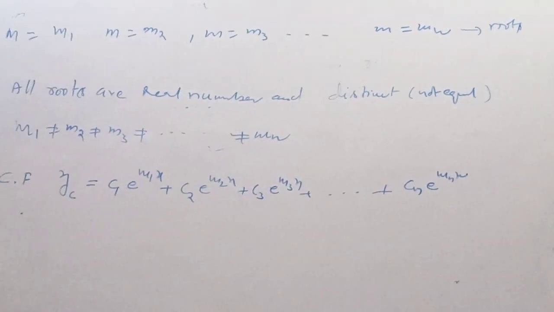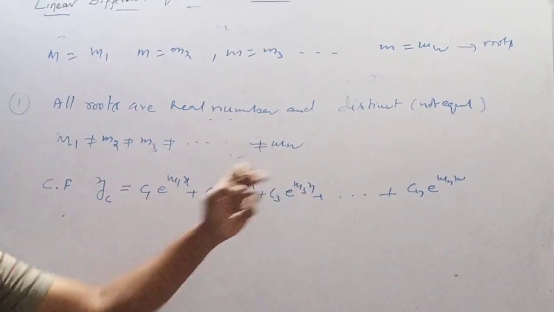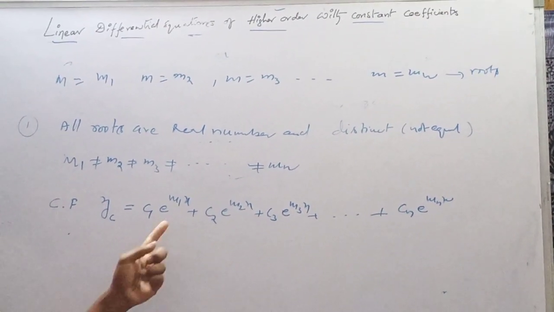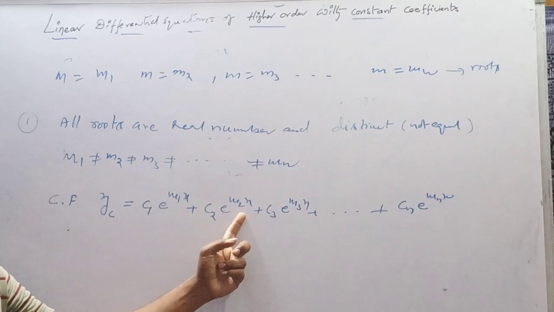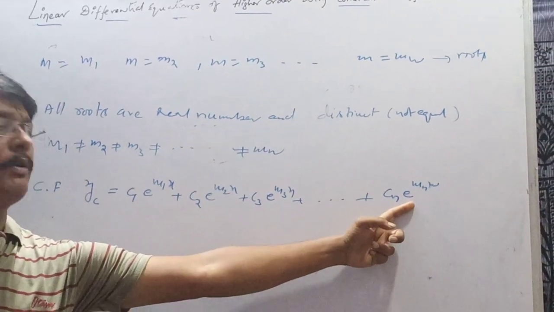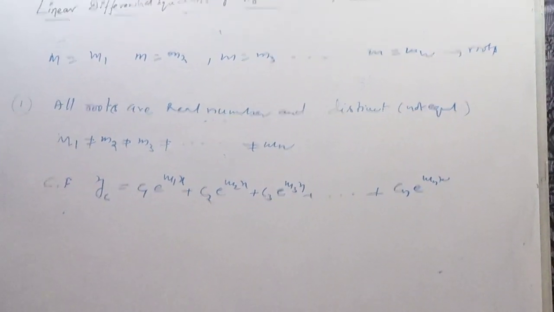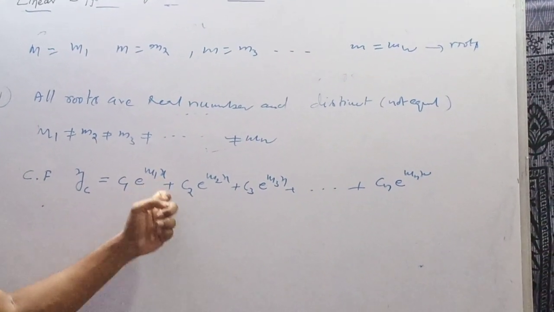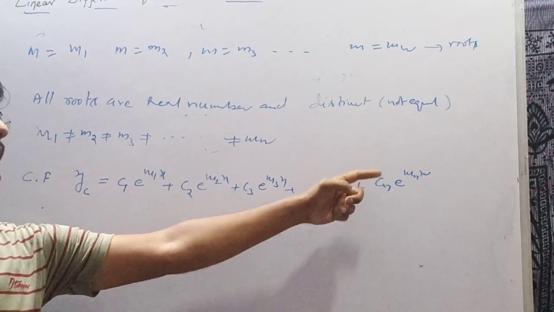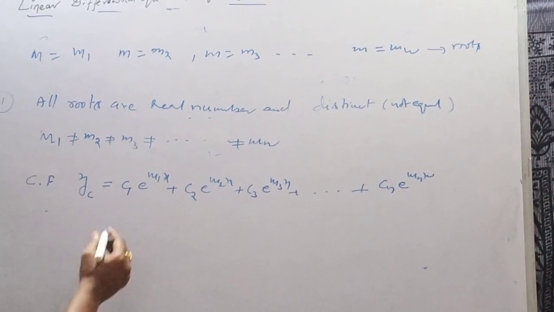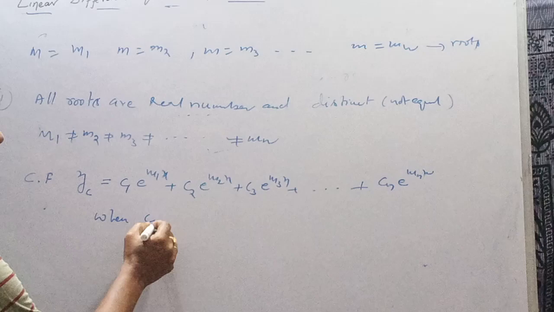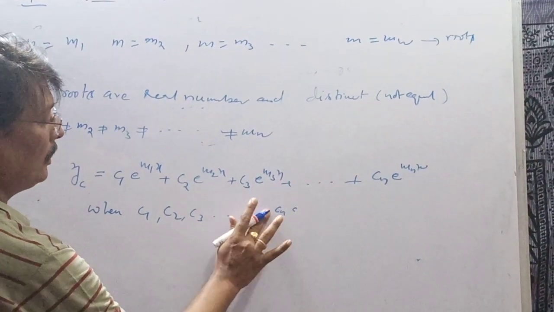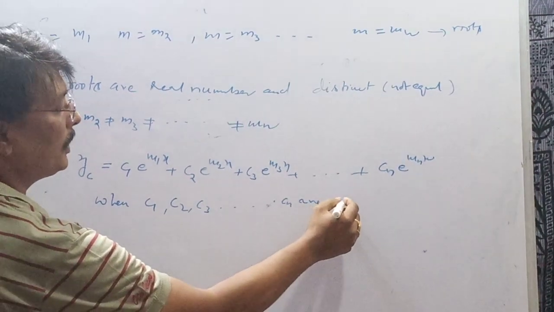Clear? Therefore, the complementary function is c1 e power m1x, c2 e to the power of m2x, so on, cn e to the power of mnx, where c1, c2, c3, so on, cn are arbitrary